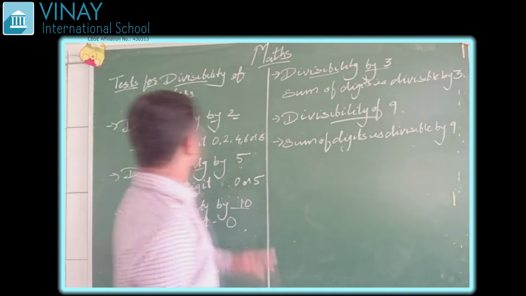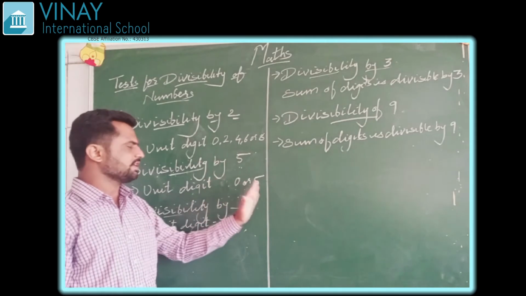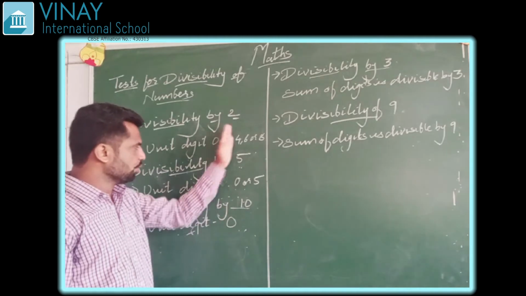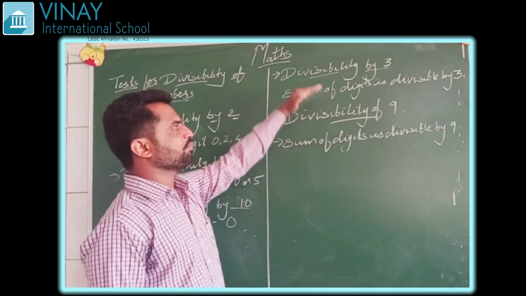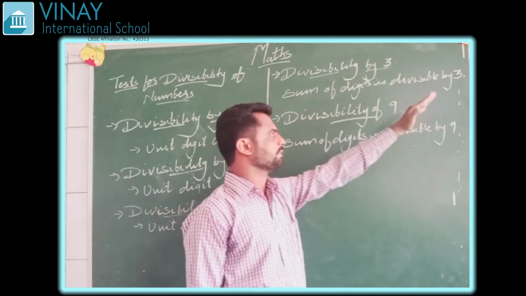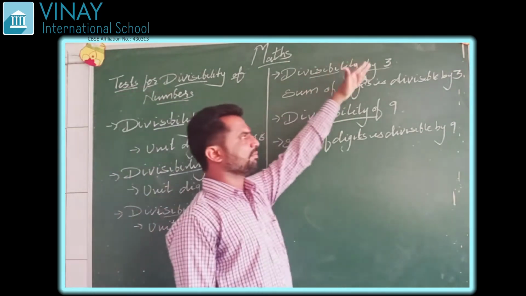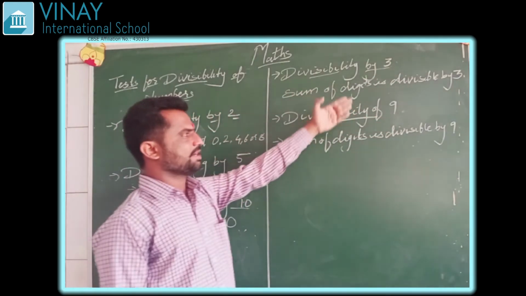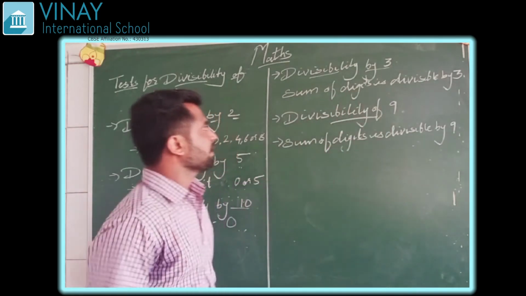So, in divisibility by 2, 5 and 10, we had seen the unique digit, that is the last digit of the number, and found out whether it is divisible by 2, 5 or 10 or not. In divisibility of 3 and 9, we found out whether the sum of digits of the number is divisible by 3 or 9. If the sum of digits of a number is divisible by 3, that number is divisible by 3. If the sum of digits of a number is divisible by 9, that number is divisible by 9. Now let us see